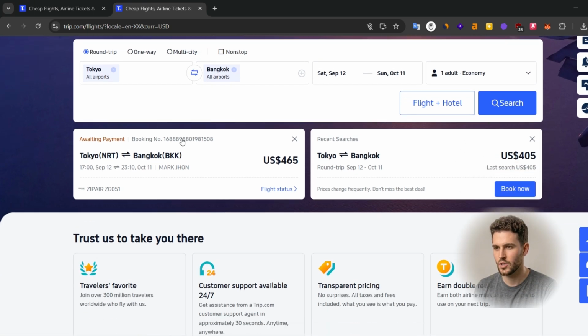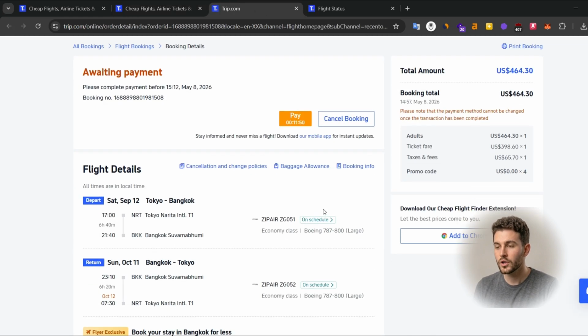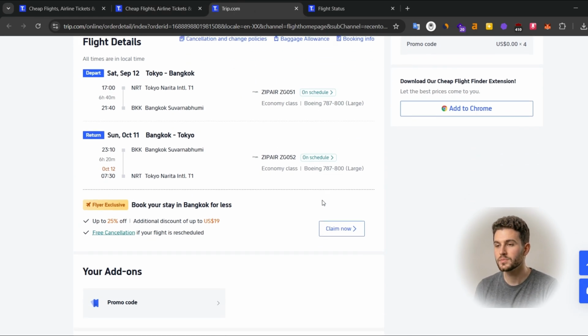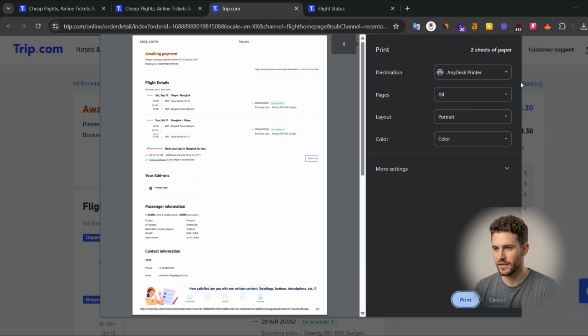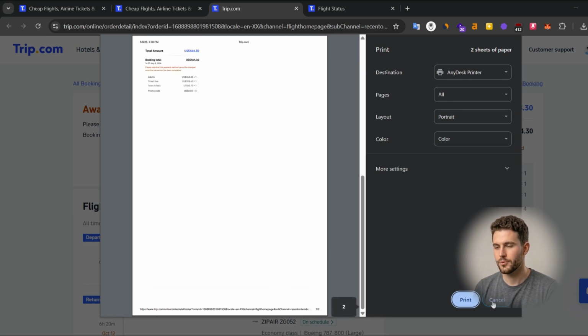Locate the specific flight you want to print the ticket for and click on Flight Status right next to it. Now, look over to the right side of your screen. You will spot a button labeled Print Booking. Go ahead and click on that. Your ticket will instantly generate and open as a PDF file. From here, all you have to do is save the PDF to your computer and print it out just like